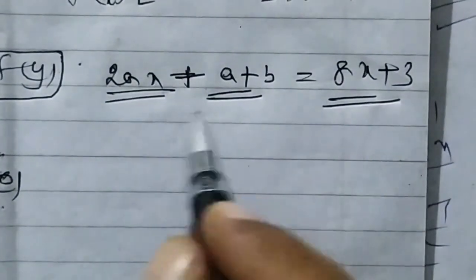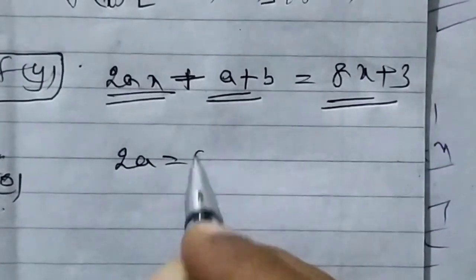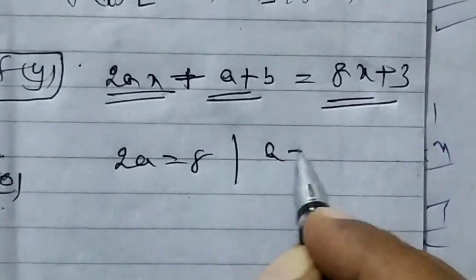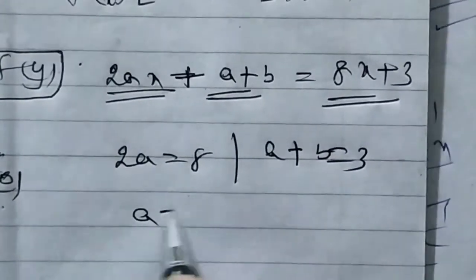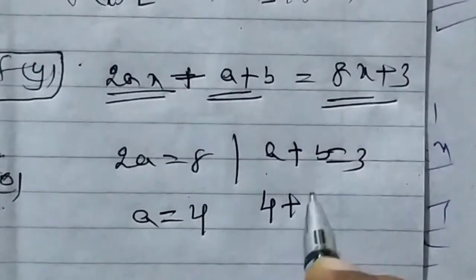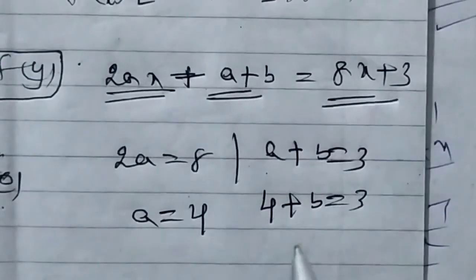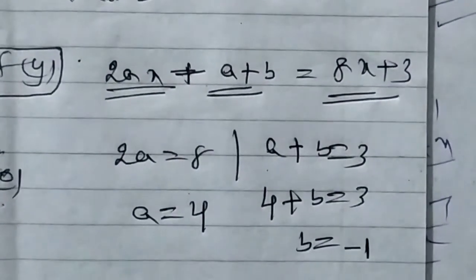That implies, by comparing both sides, 2a is equal to 8 and a plus b is equal to 3. As 2a is equal to 8, a is equal to 4. Put a is equal to 4: 4 plus b is equal to 3, means b is equal to minus 1. So therefore